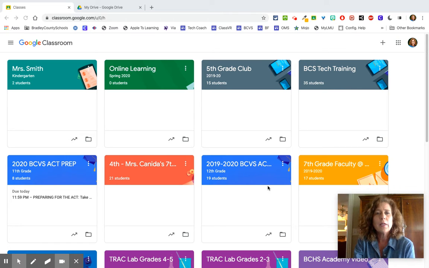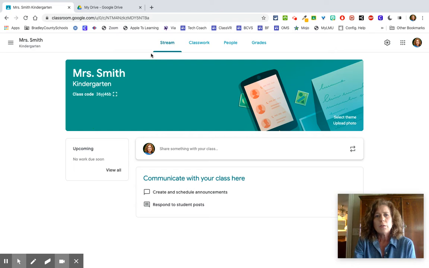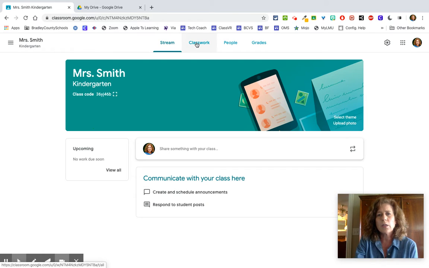Google Classroom. It's very simple. So, this is your classroom homepage, and you're going to click on the class that you have created. The Stream tab may have already been activated, so you'll want to go over to Classwork at the top, and